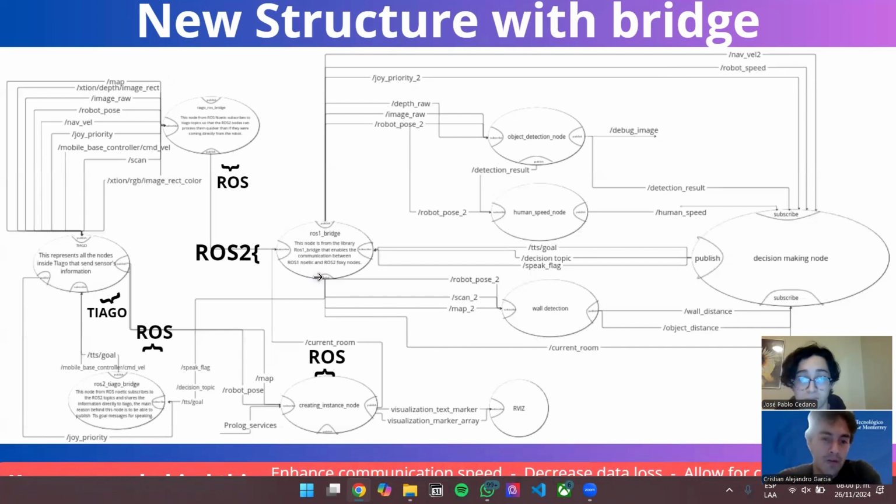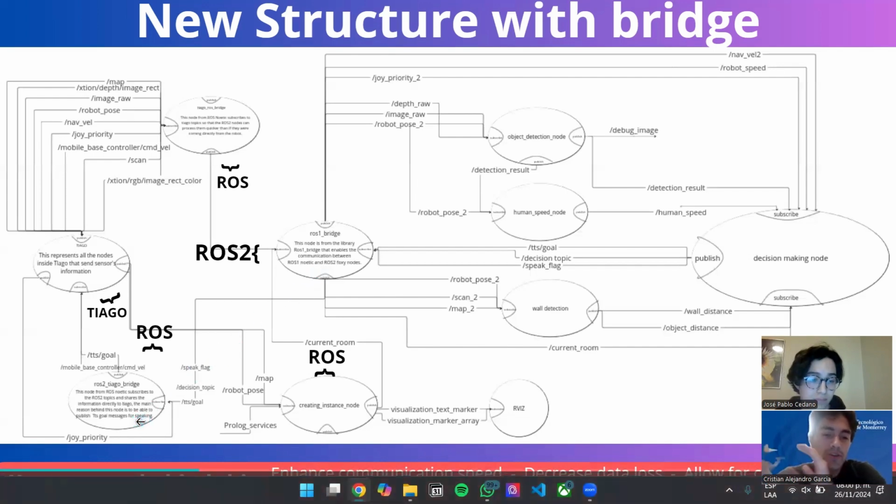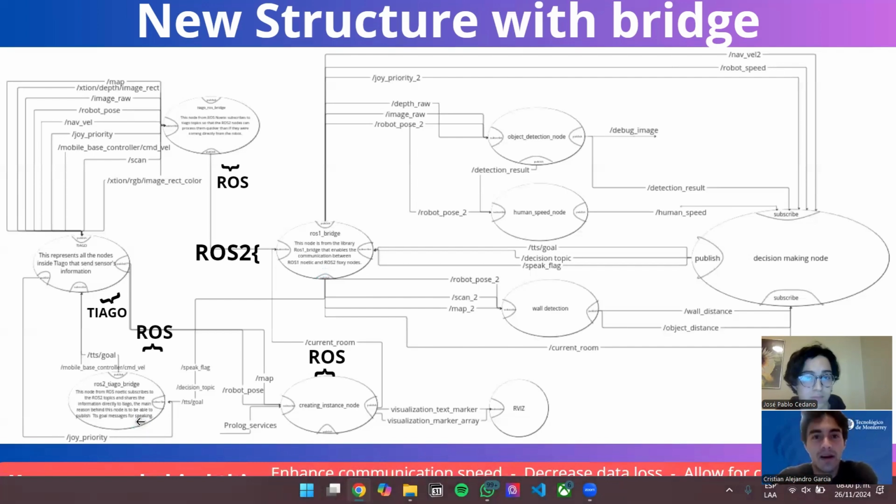And then we flow back into the ROS1 bridge and we go into the ROS2 Tiago bridge down to the bottom left. This node is basically the node that gets information from ROS2 and publishes it back to Tiago to make it actually move or behave. We were not able to bridge custom messages from the Tiago to the ROS2 environment. We had to build those messages in the ROS2 environment, and also in the ROS Noetic environment,